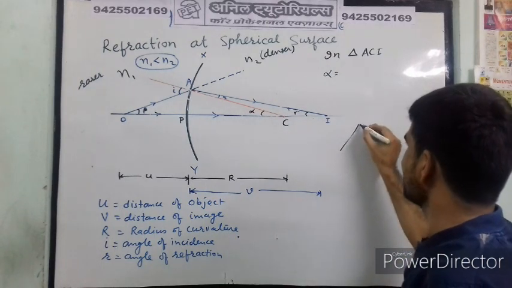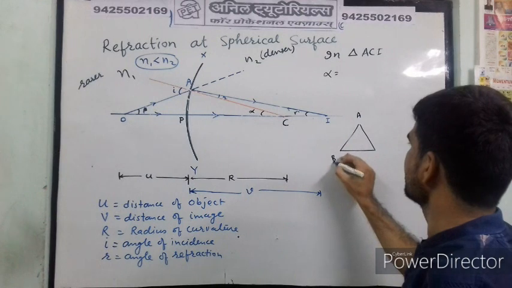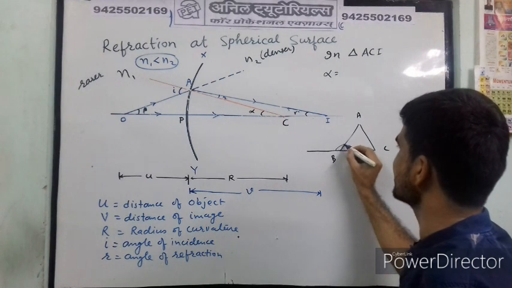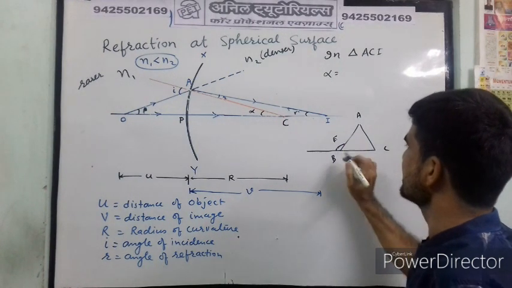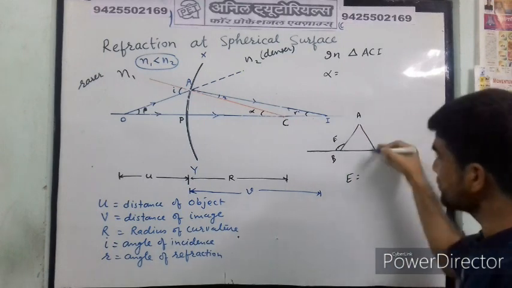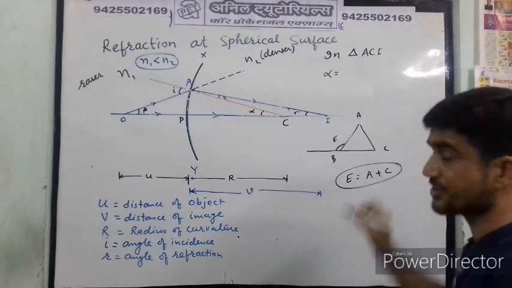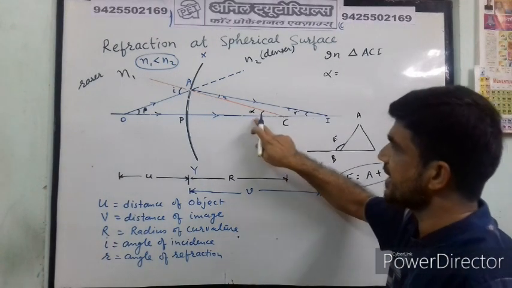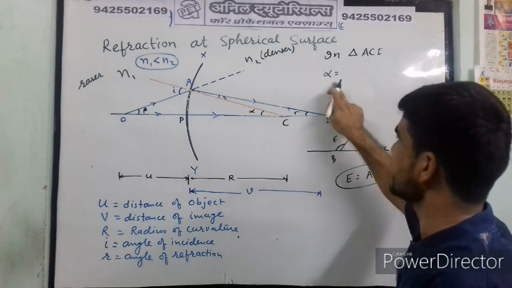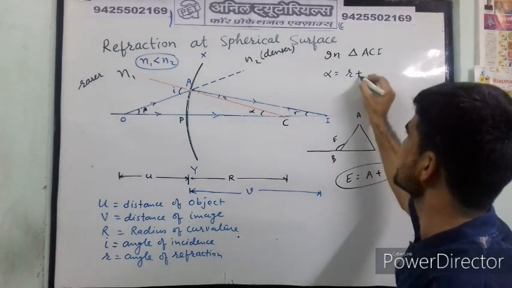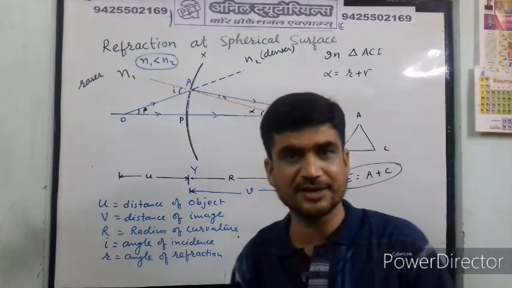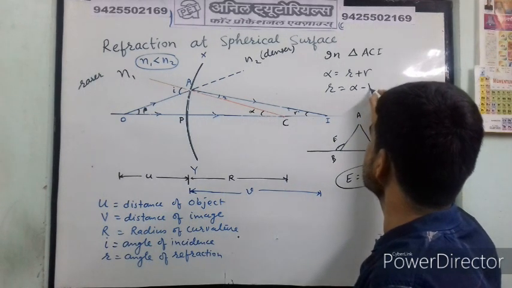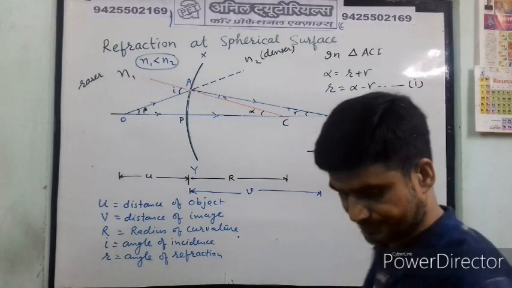So you know, when we have any triangle A, B, C, when you extend one of the sides, this angle is the exterior angle. See, this angle is E. So this angle E will be the sum of the other two interior angles, A plus C. This is the theorem you studied in high school. So here we will use that theorem. Here exterior angle alpha is equal to the sum of these two angles. So we can write alpha is equal to R plus gamma. Clear? And hence we can get R is equal to alpha minus gamma. This is equation number 1.